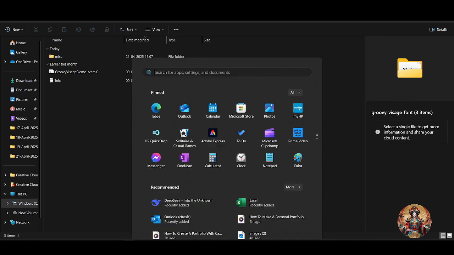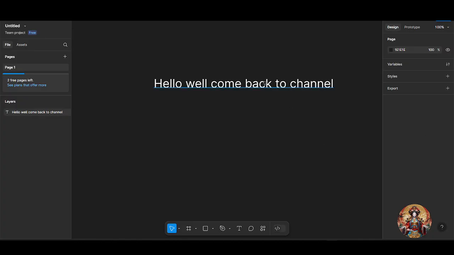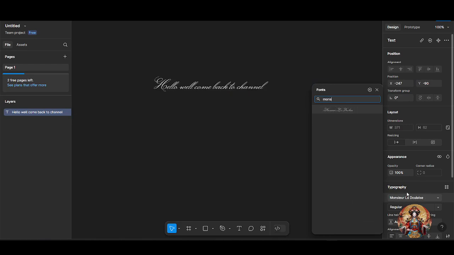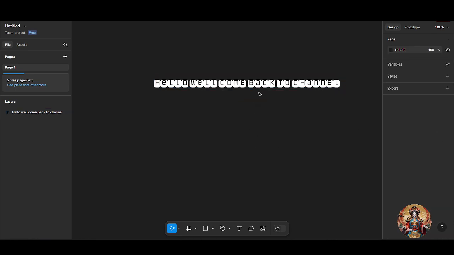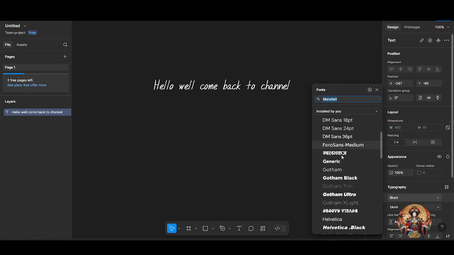exit from Figma. Just close the Figma, and again I will open the Figma, and as you can see here the Figma is restarted. Now just give me a second to load it. Now search for Montserrat. So there we go. So I think this is not Montserrat. Go on to install by you, and as you can see here,